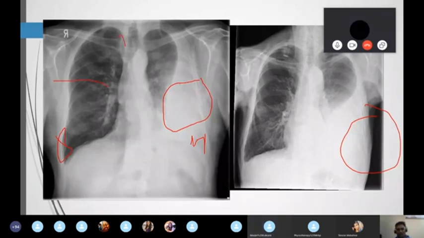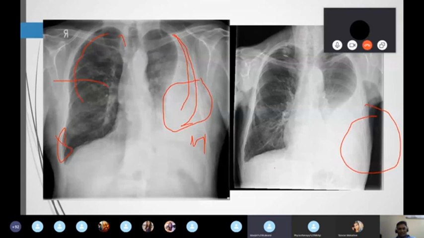For example, see this moderate one. You can see the opacity going up, yes or no? Keep in mind a very important point: only fluid can cross the fissure. That is an important point to keep in mind. Consolidation means only a lobe, or the entire lung, goes for consolidation. But only fluid can cross the fissure. Understand? So it crosses and goes up more laterally. That's why in pleural effusion we can see more opacity on the lateral side compared to the anterior and posterior, because the fluid only can cross the fissure.